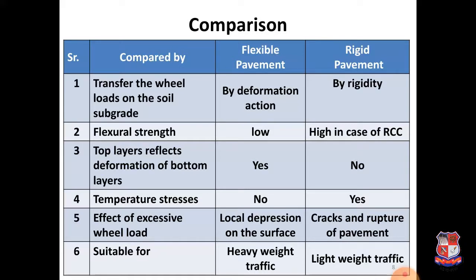Means when wheel loads are acting on the road pavement surface, these loads are transferred through the layers of road pavement and reach up to soil subgrade and then distribute to the ground. But in this process, flexible pavement works as a